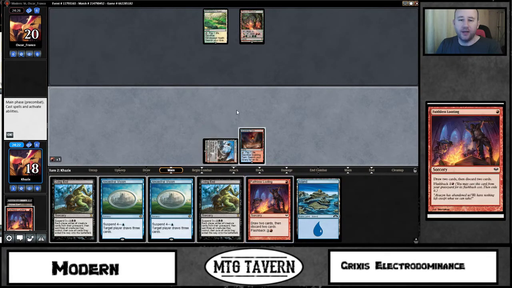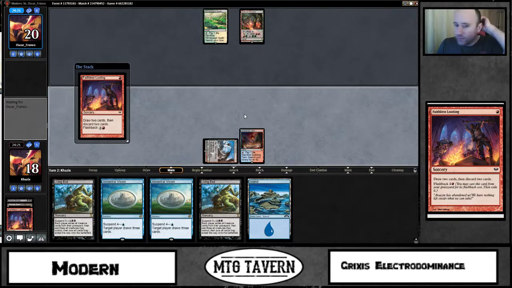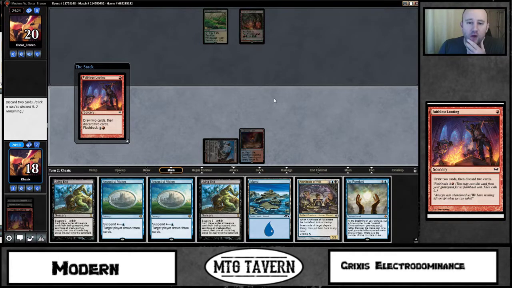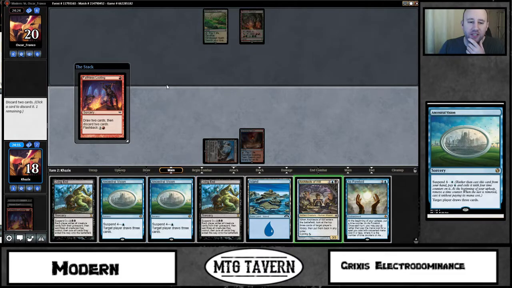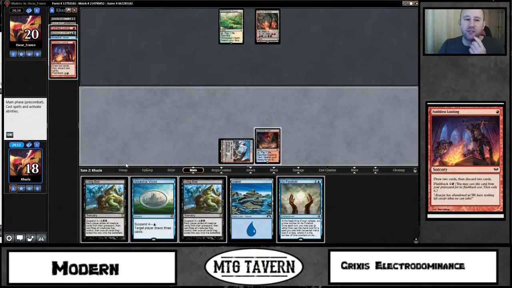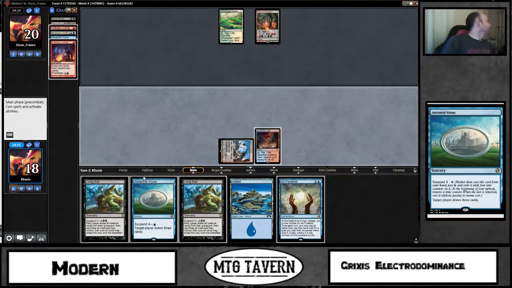Okay, let's go ahead and Faithless Looting. Okay, now we're talking. So let's get rid of that, and I guess we'll get rid of an Ancestral Vision. The reason we're getting rid of Ancestral Vision over Living End is,